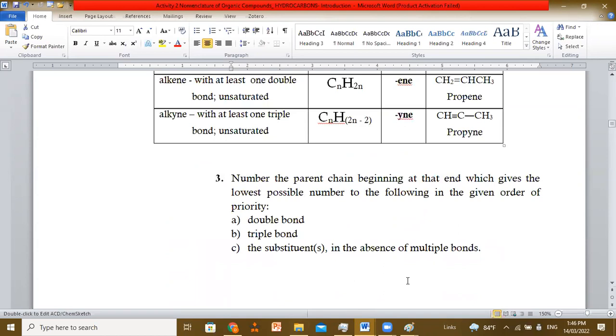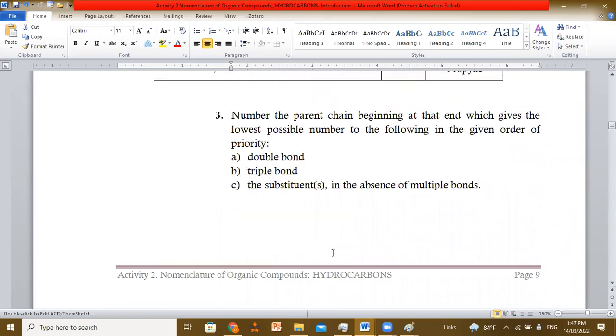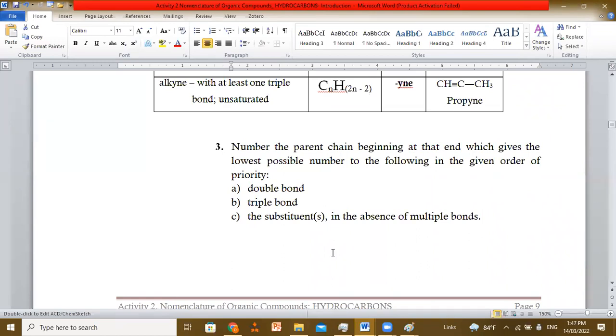Okay, so the parent chain begins at the end which gives the lowest possible number to one of the following. So we should give the order according to the priority. You have the double bond, the triple bond, and the substituent in the absence of multiple bond. So first,